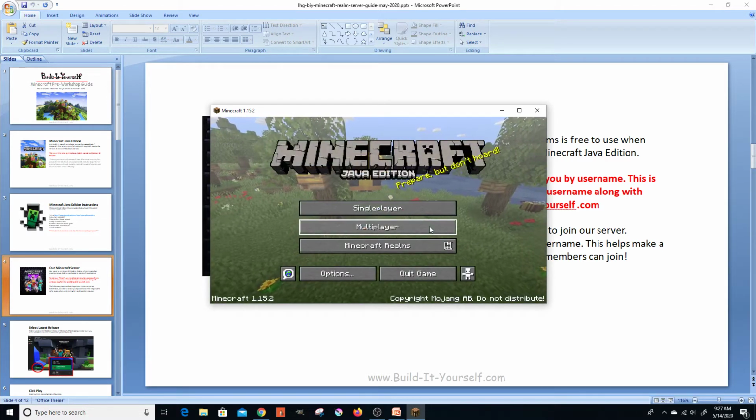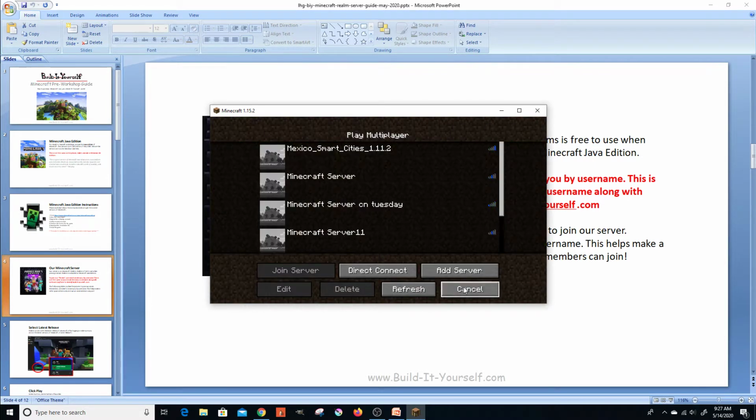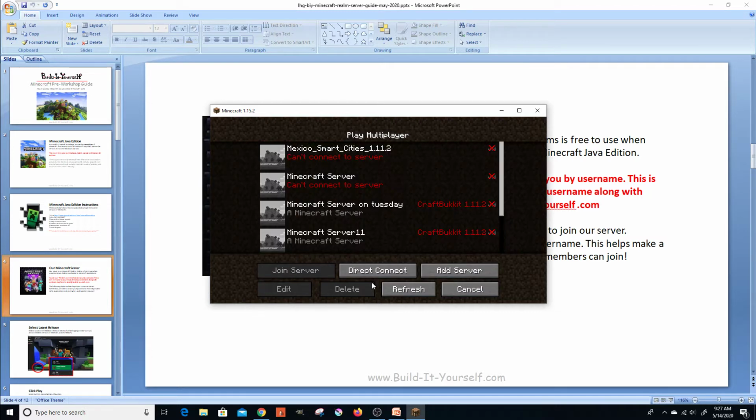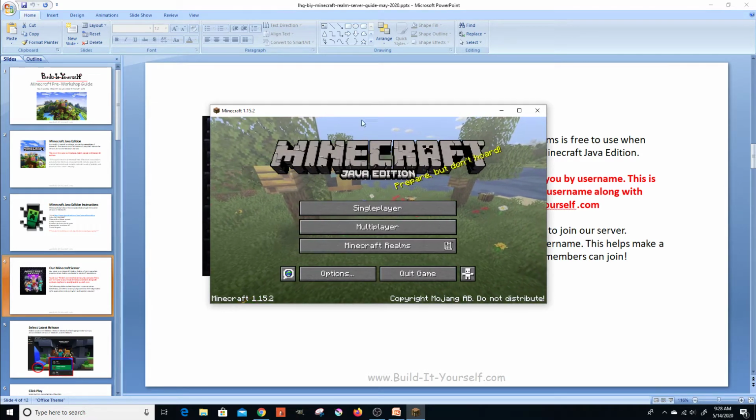So if you've played with friends before that have different servers, you may have gone to multiplayer, and you may have added a server. When you go to add a server, you need to type in an IP address, which is a bunch of numbers, colons, and stuff. And you also have to make sure you're on the right version of the server. Look at this. I'm on the latest version. I can't access this because I have to go back, close the program, relaunch it, and switch the version, and that gets confusing. So with the Realms server, all you have to do is come into Minecraft after you log in